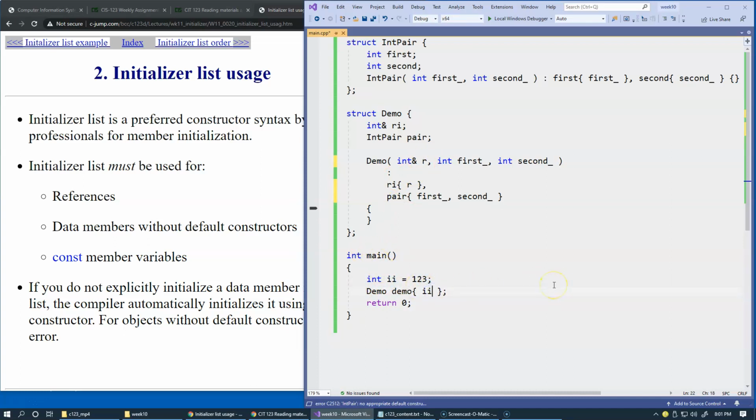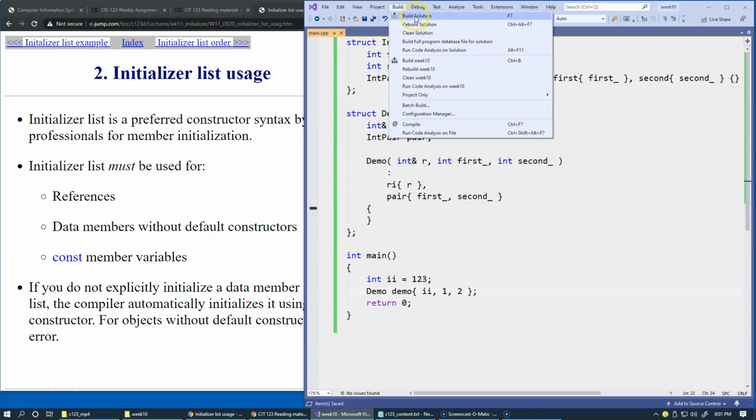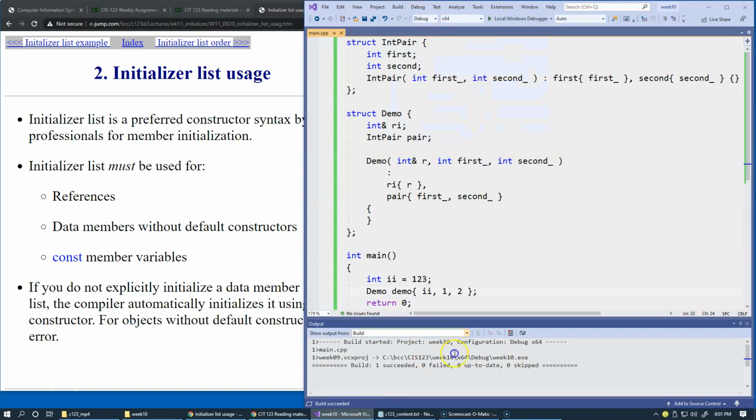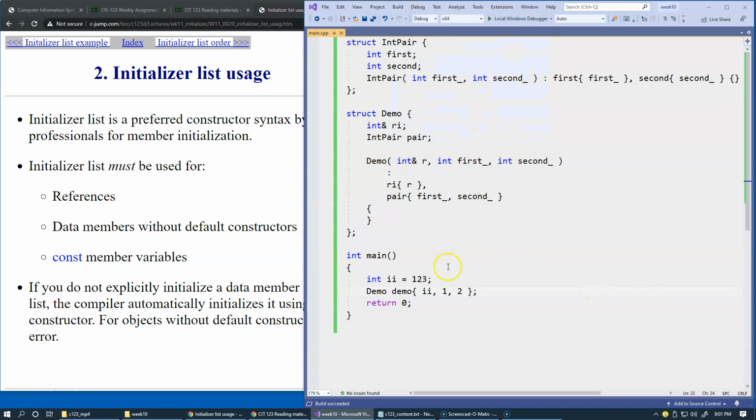But now we also have to provide two integers to initialize the first and second elements of the integer pair. And we're going to say maybe 1 and 2. Okay, so if we build it this way, we see that now it's building fine. And this is an example of using an initializer list